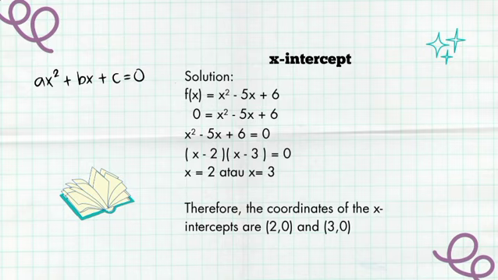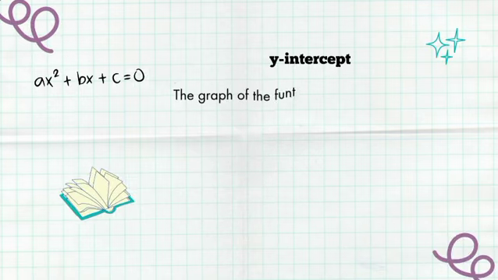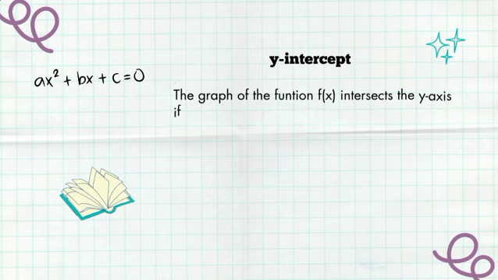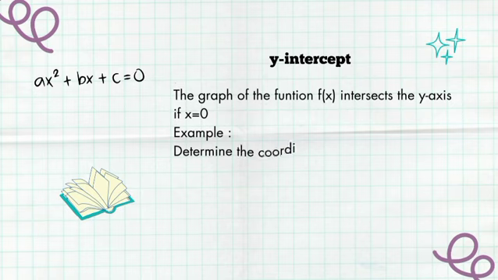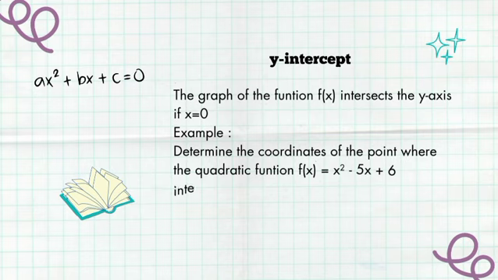Therefore the coordinates of the x-intercepts are the point (2, 0) and the point (3, 0). Now let's learn how to find the y-intercepts. For the y-intercept, we simply substitute 0 for x. For example,